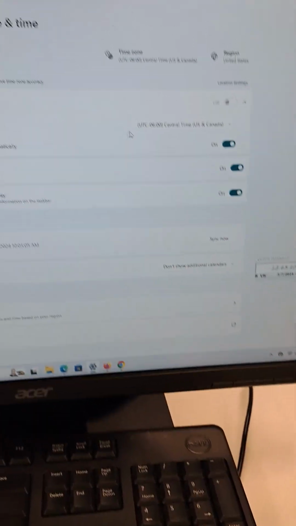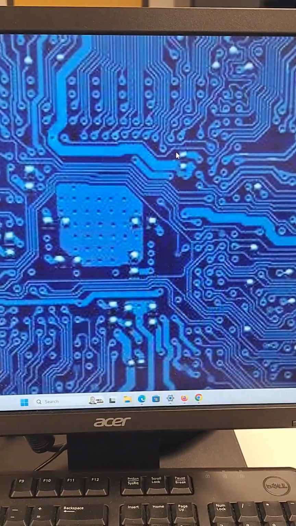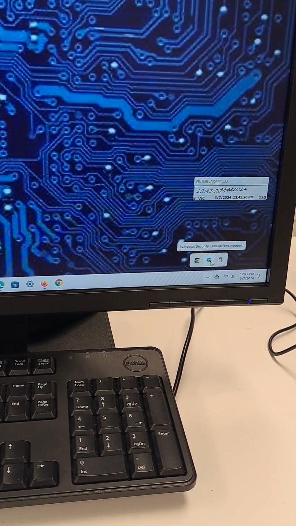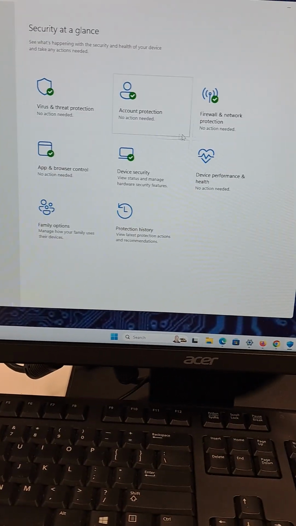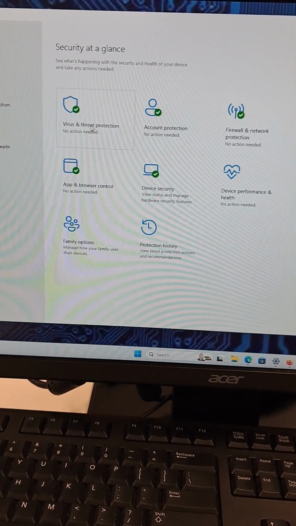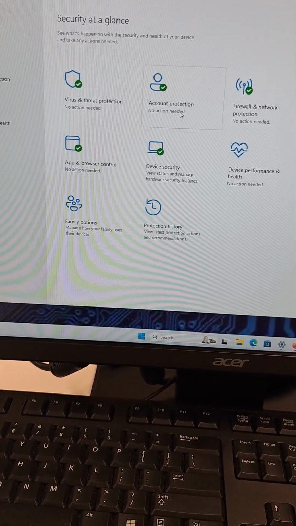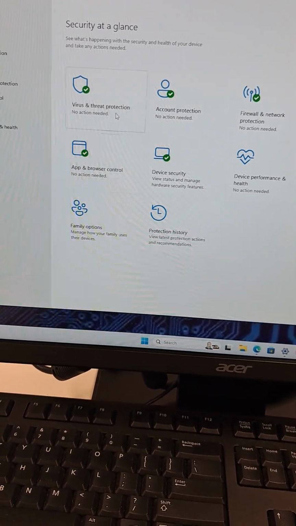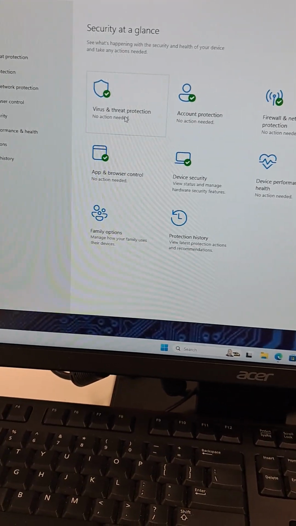The antivirus, I don't mess with it much, honestly. You don't need to download an antivirus at all. Honestly, Windows Security is very good at the moment. When you install it, you're going to see that this one, and this one, the virus and threat protection, the account protection, and the app and browser control, these three are going to have an exclamation mark, an X, that is going to require you to turn it on or